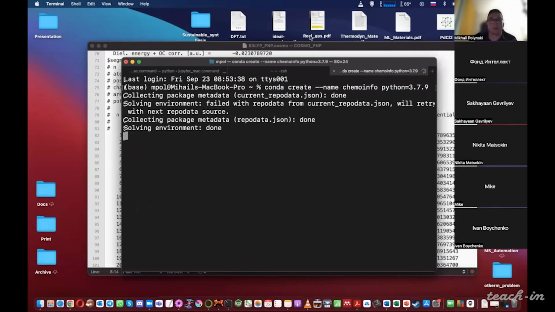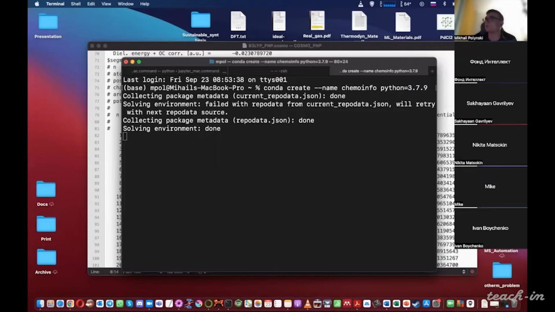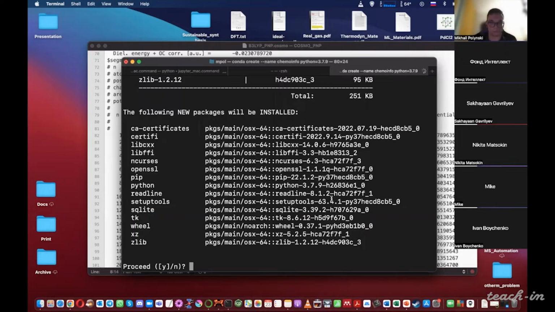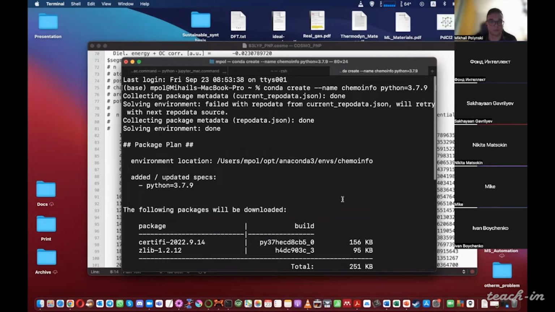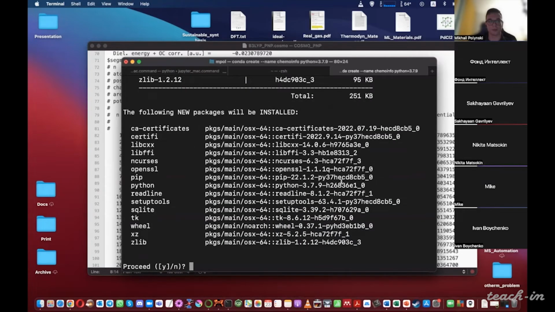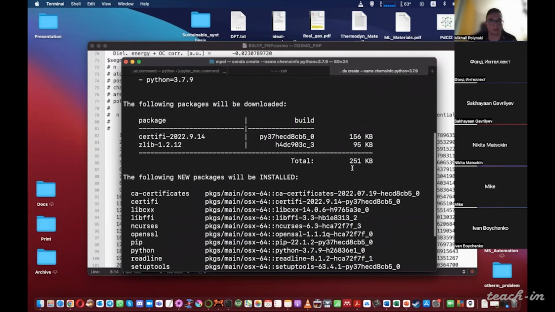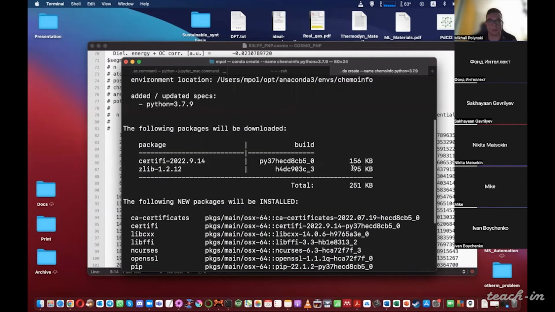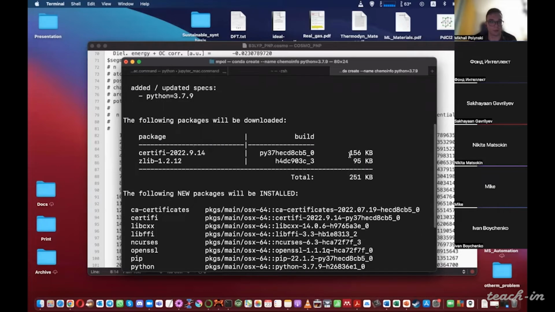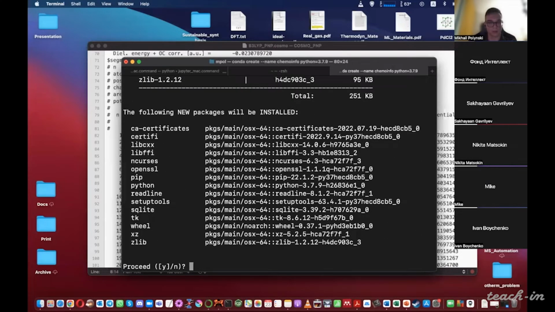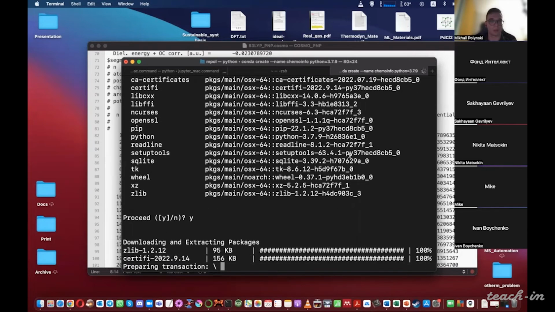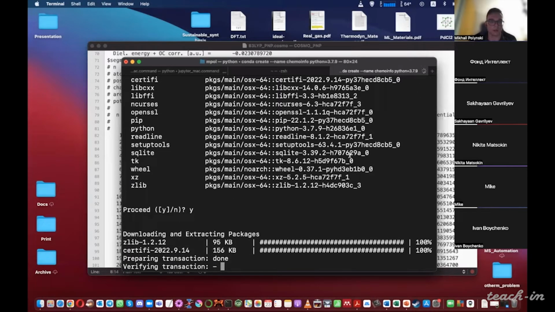Well, in the course of the execution, after hitting enter, you are prompted by the managing system to install several required packages.